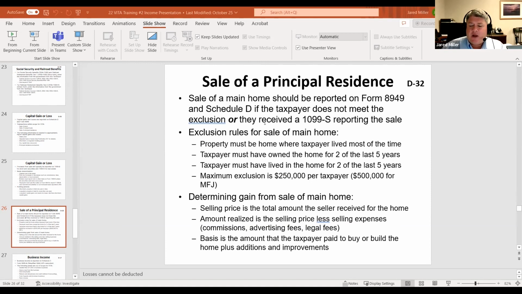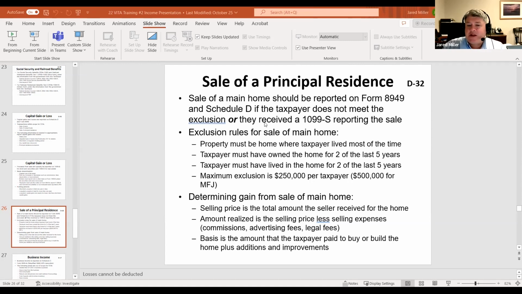So one of the things we have to take a look at is, what is the exclusion rule for the sale of a main home? What we're looking at is called sale of a principal residence, which means it has to be the main home of the taxpayer. Fortunately, people coming into VITA, I'm pretty sure we're looking at just one home. I've yet to see someone coming into VITA who says, which address would you like to use? My Lancaster address? My beach address, my mountain address, my Aspen home, my one in the Caribbean? Usually within VITA, we don't have that issue. It's going to be one home.